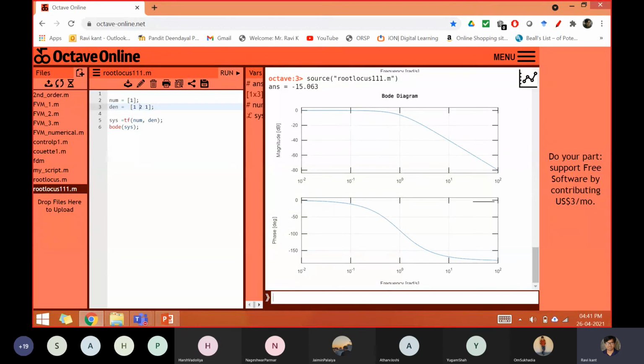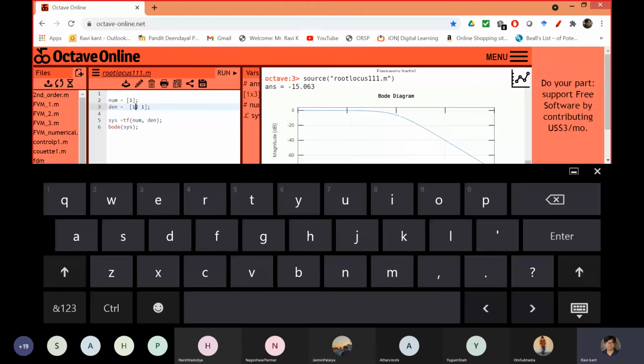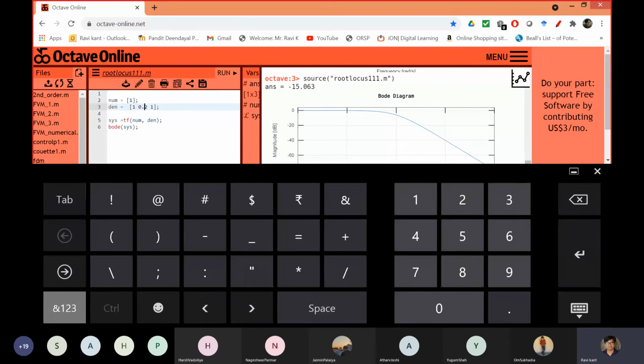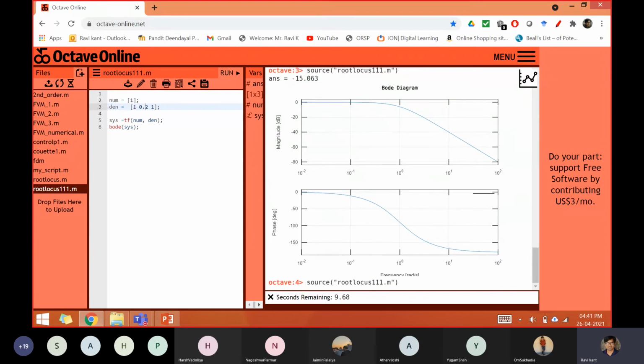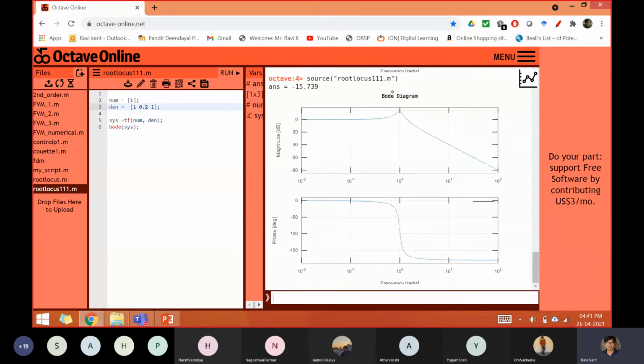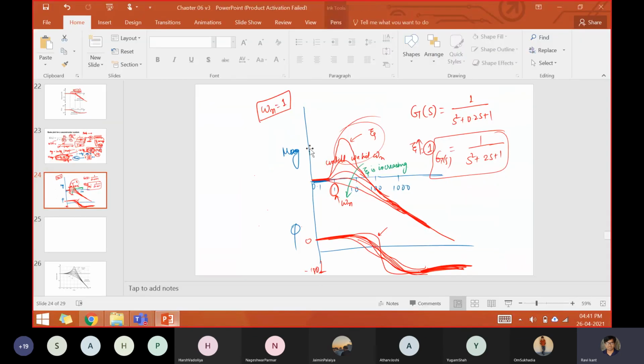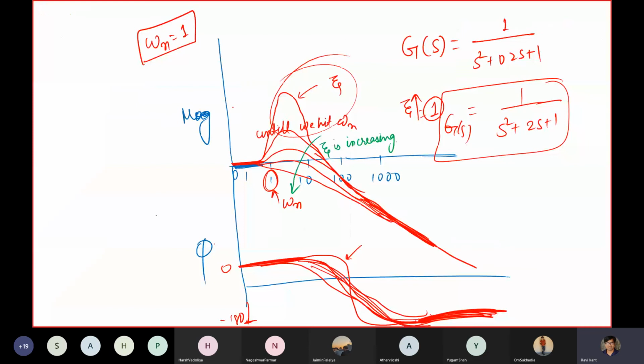You don't see any resonance feature, whereas here, when your system is springy, you have seen it is going to resonate at your natural frequency, and it tries to break your system, fail your system. Why? Your magnitude becomes so high that your system may fail.